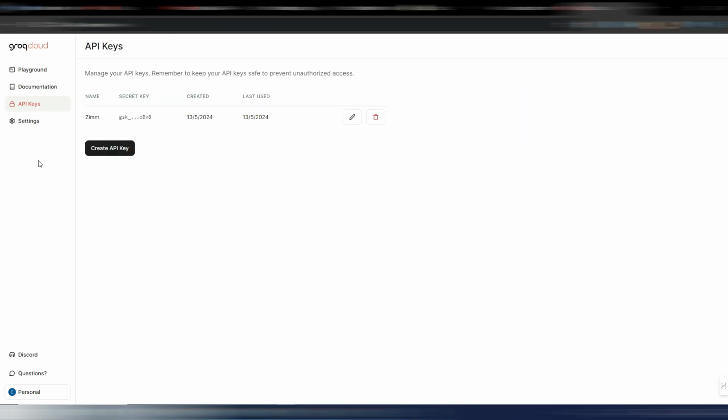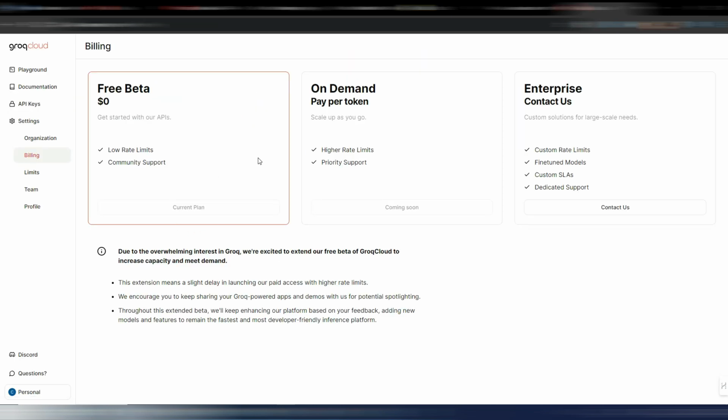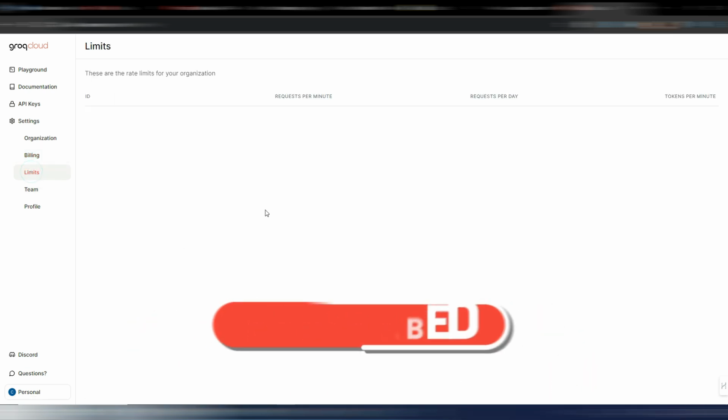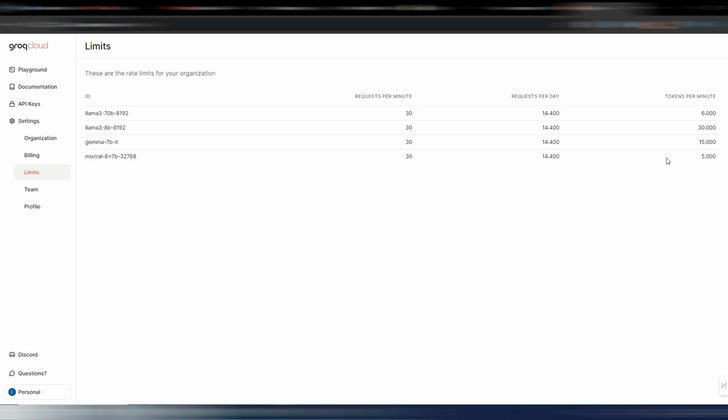You can generate an API key, and as you can see in this billing section, the free beta is free at the moment. Maybe it will not remain free forever, but for now you can use it for free, and obviously you have some limits in speed and requests per minute, but you can generate articles even with this Llama